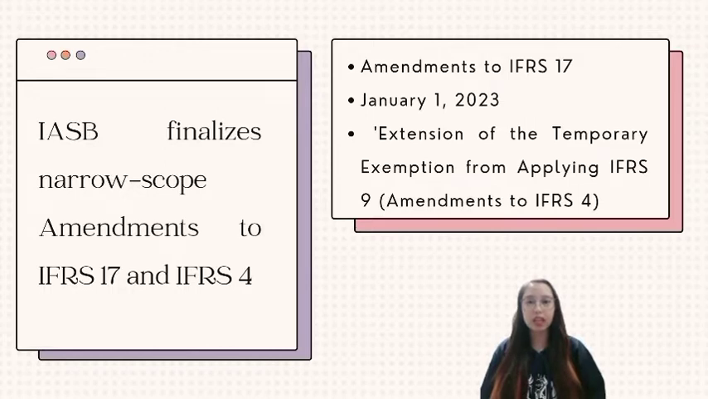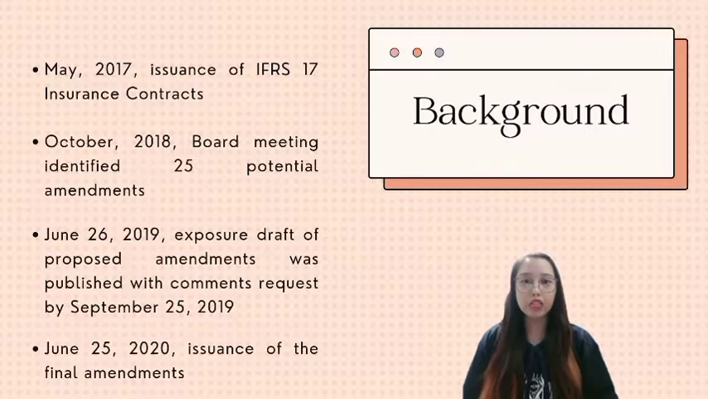Nag-publish din po si IASB ng extension of the temporary exemption from applying IFRS 9 amendments to IFRS 4 para i-defer din po yung fixed expiry date ng amendments to the annual period beginning on or after January 1, 2023. So before we discuss po yung mga changes galing po sa amendments, let's take a look first po sa short background po ng amendment. So since May 2017, the date po kung kailan in-issue si IFRS 17 insurance contracts, yung